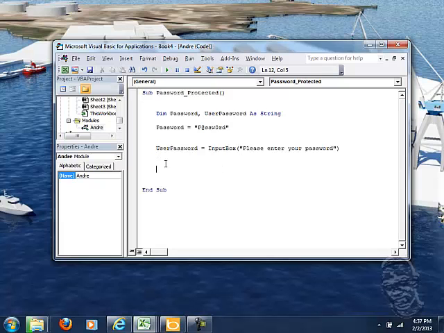Well, you know when you're dealing with passwords, it must have if conditions. So you will say If password, which is that password that we declared, is equal to whatever password was typed, the user password, and every If has a Then. I would want a message box, because we want to do this first, "Access"